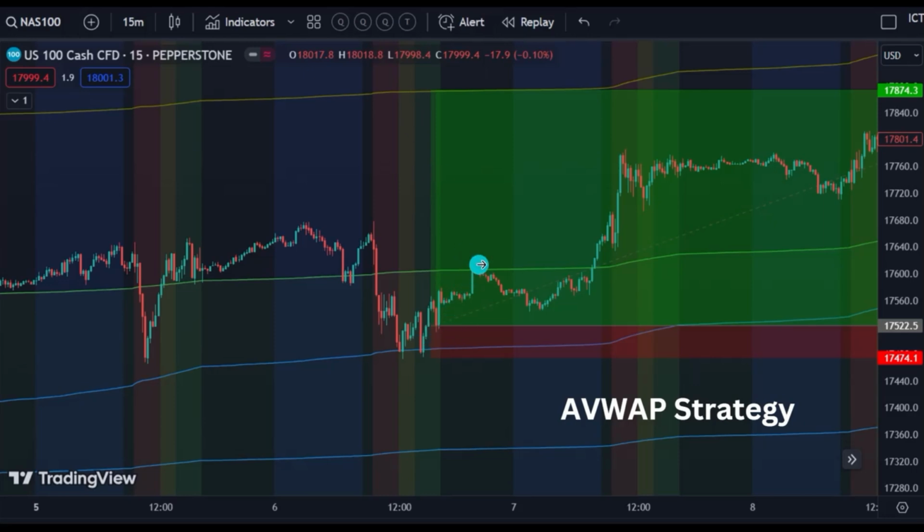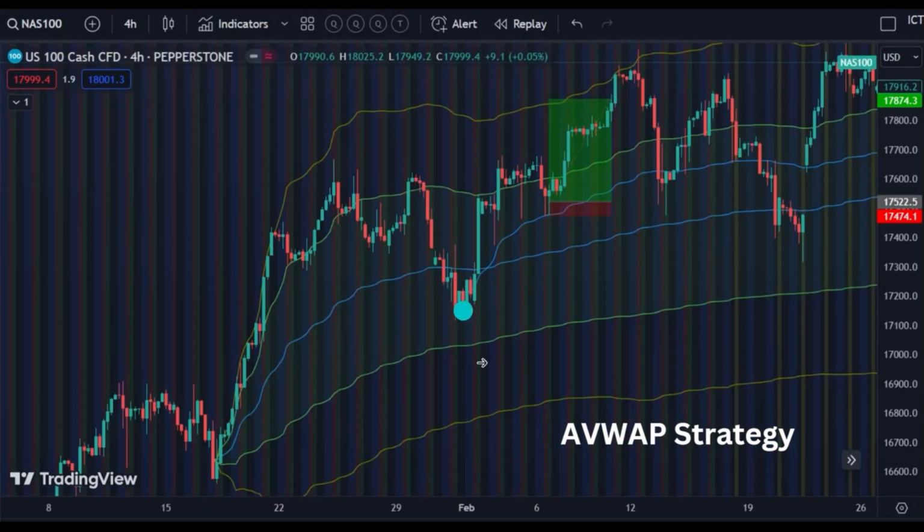Price moves past this first standard deviation and then continues higher. You definitely want to take some profits, but still be confident that you're going to reach the second standard deviation. And as we see again on the 4-hour chart, price does reach that second standard deviation and actually goes a